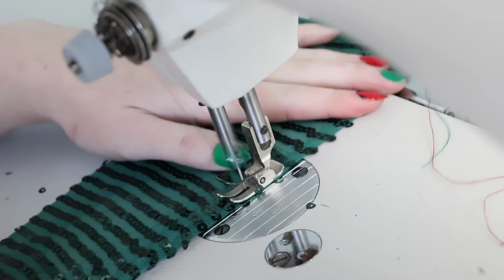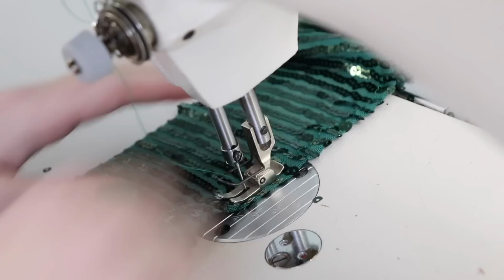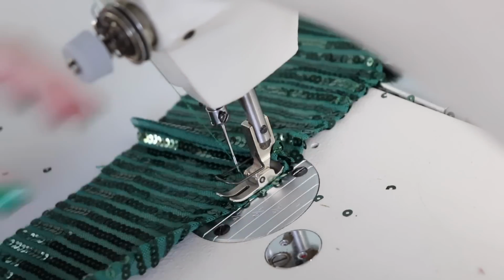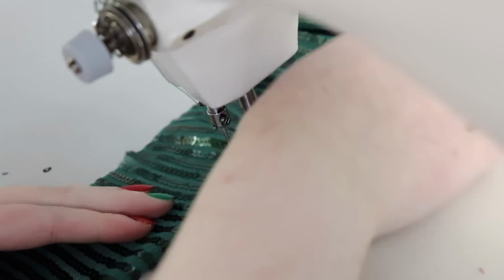Now I want to add a ruffle because, of course, I want to add a ruffle. As you'll see later on, the underskirt had these green ruffles, and I really want to incorporate that color and that material into the bodice. And since it is a relatively sheer, sort of difficult to work with fabric, I feel like it's best utilized as a ruffle. Though to be honest, I feel like most fabrics are best utilized as a ruffle because I really love ruffles. Anyway, I just cut out a 4-inch wide strip that was 3 times the length I needed,